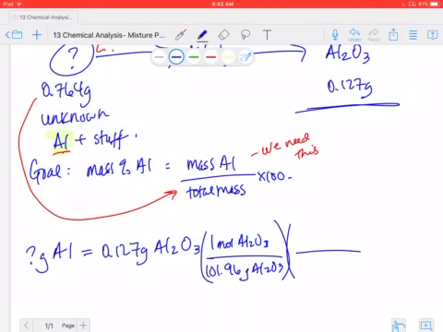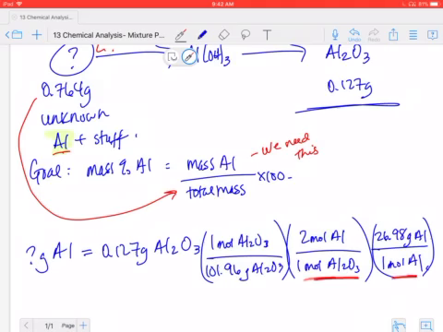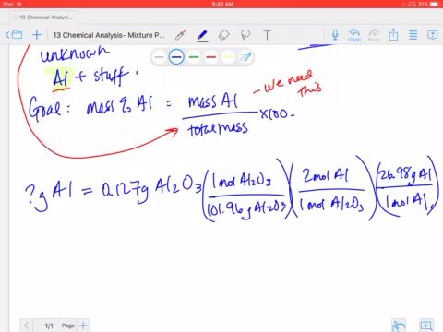Then I can go from moles of the Al2O3. For every 1 mole of aluminum oxide, I have 2 moles of aluminum. And for every 1 mole of aluminum, we have 26.98 grams of aluminum. So I've used my conversion factors: the molar mass, a mole to mole ratio based on just the formula itself, and then the molar mass of aluminum. We plug all of that into our calculators, and we're going to end up with